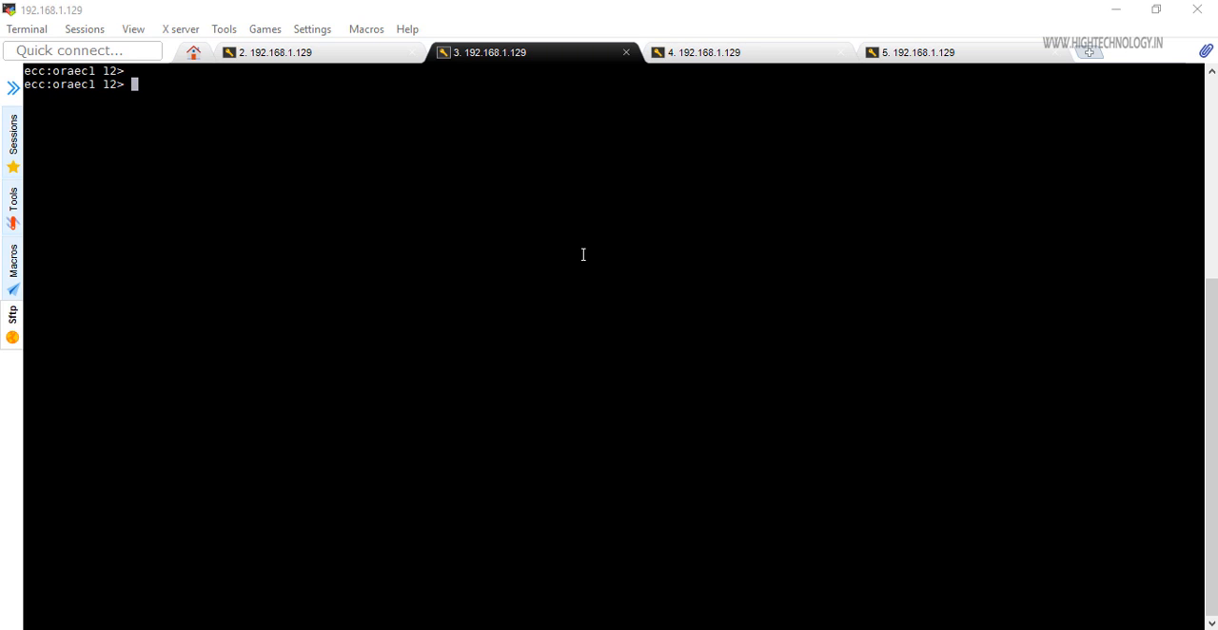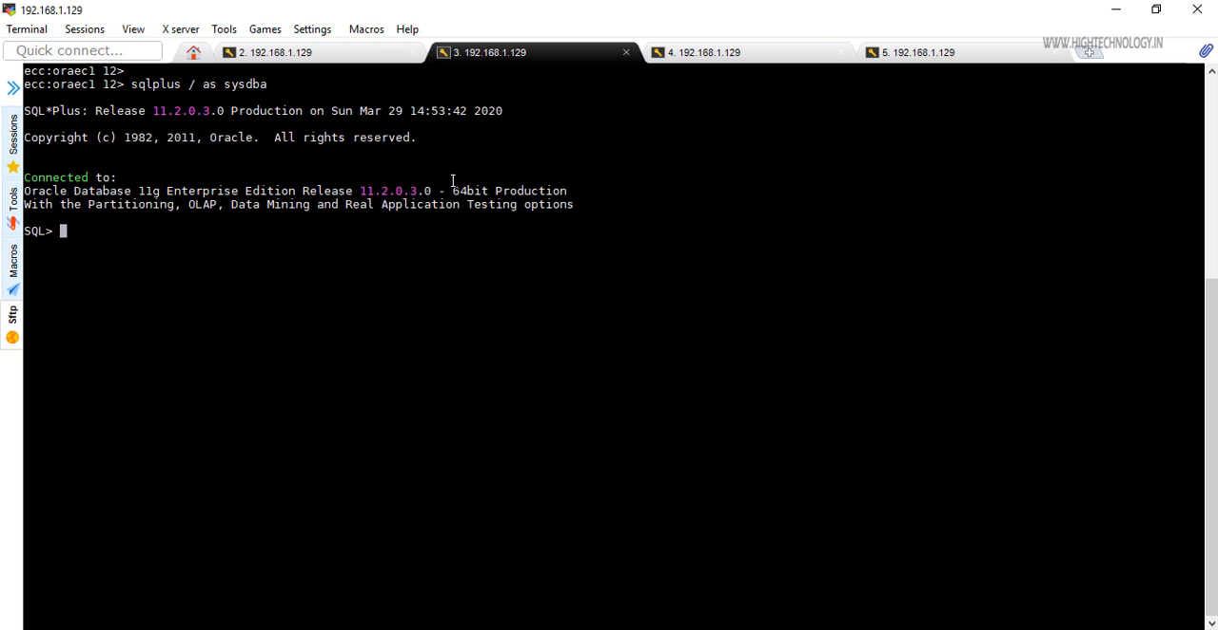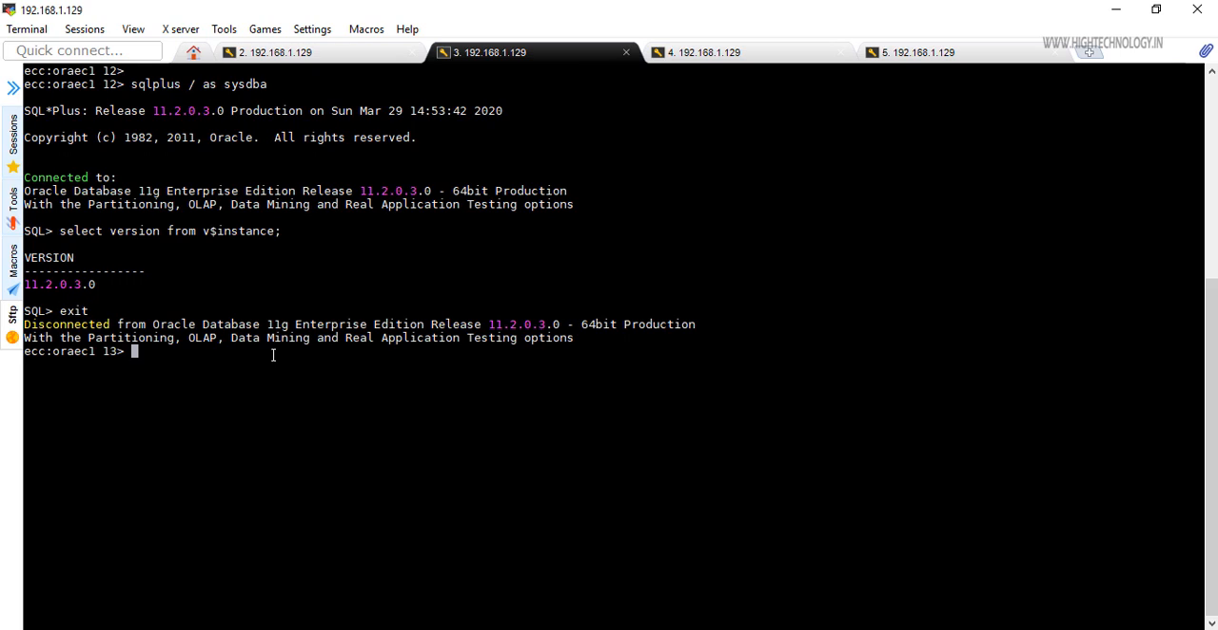First of all, let's check the version. Here you are able to see that this is our version 11.2.0.3. We are going to upgrade it to 12CR2. So let's begin with that. Let's exit and